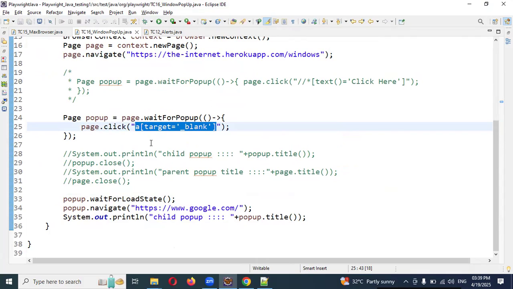Okay. It is able to click, and then we can use our own URL, and then we can verify the title of that particular page as well. Okay, which is the newly opened tab, and there you can navigate to your own URL also, and there you can do whatever actions you want. Okay, I hope this entire